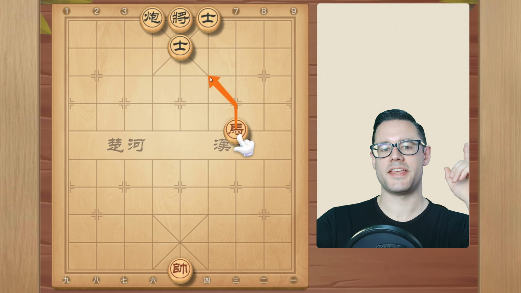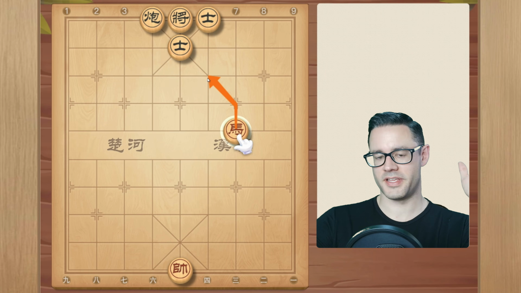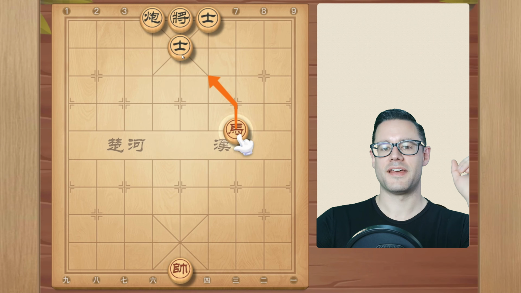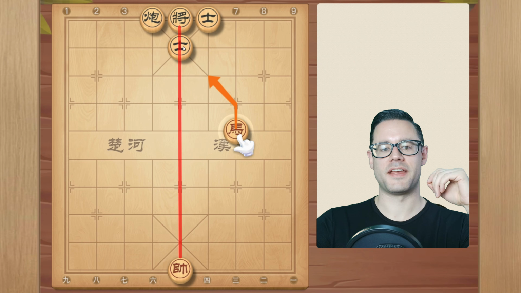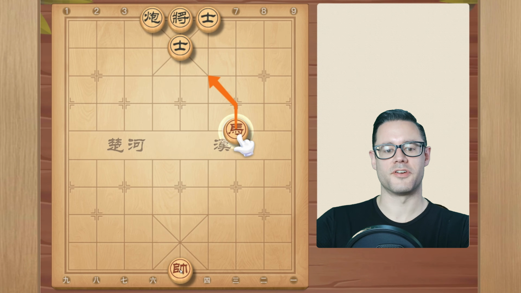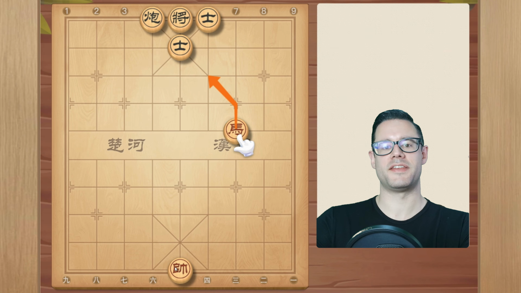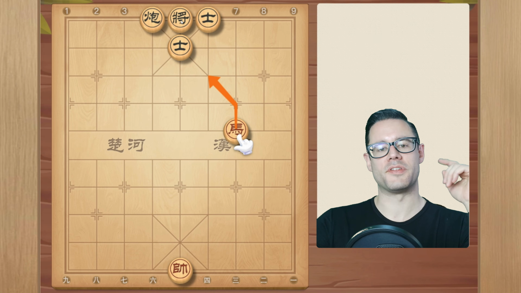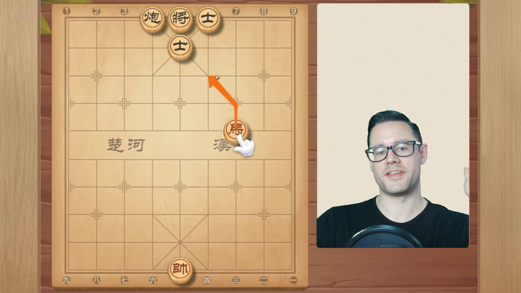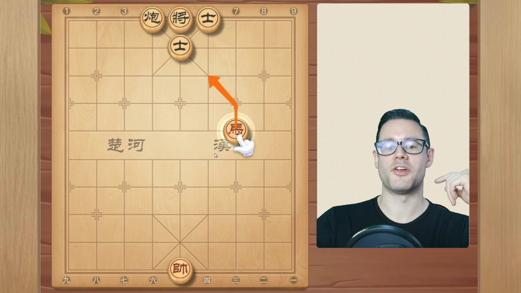And in this case, that advisor, which normally would be able to take out the horse, that advisor is pinned by our general. The opponent can't move their advisor here or here because that would be opening up their general to the direct line of sight to our general. So their advisor is actually pinned. In this case, the general acts very much like a rook. You can actually use your general to pin other pieces to the opponent's general. Of course, you have to watch out because you could also accidentally pin your own pieces.